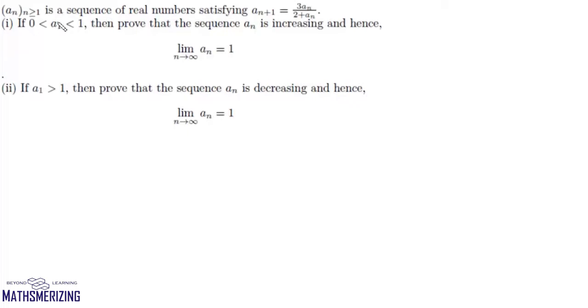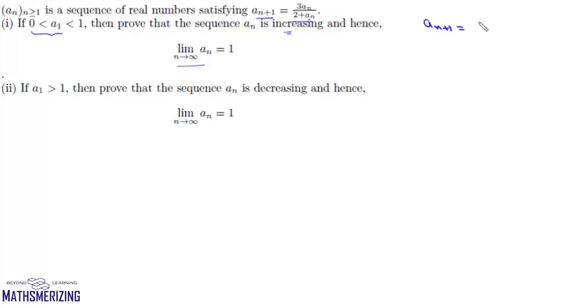Now here the question is, a_n is a sequence of real numbers satisfying a_{n+1} = 3a_n / (2 + a_n). We need to prove that if a_1 lies between 0 and 1, then the sequence is increasing, and if a_1 is greater than 1, then the sequence is decreasing. And hence we have to prove that the limit as n tends to infinity of a_n is equal to 1. Now what we are given is